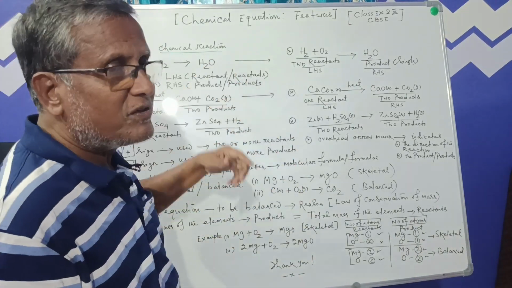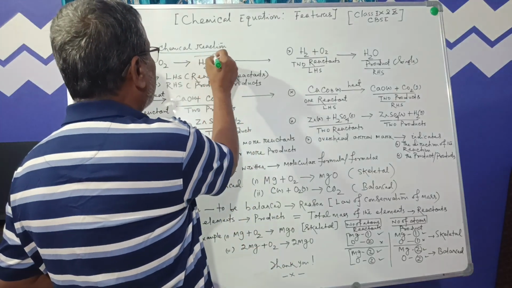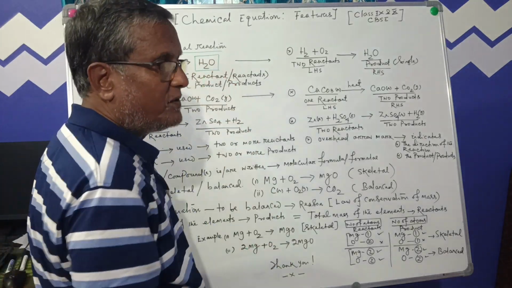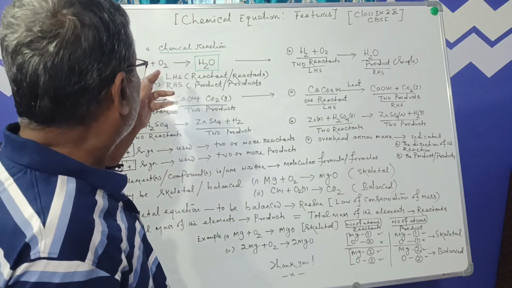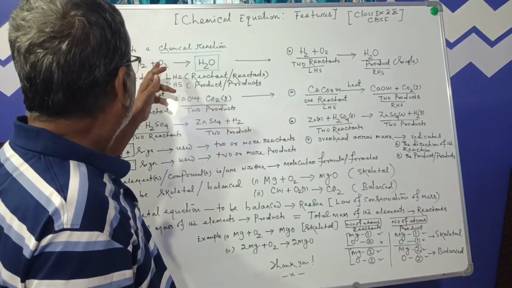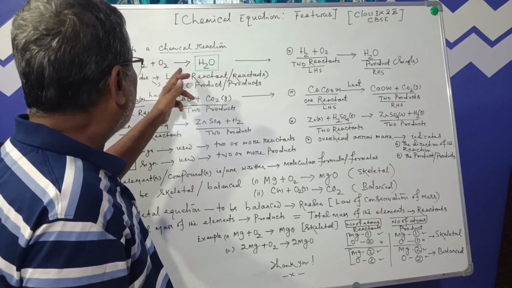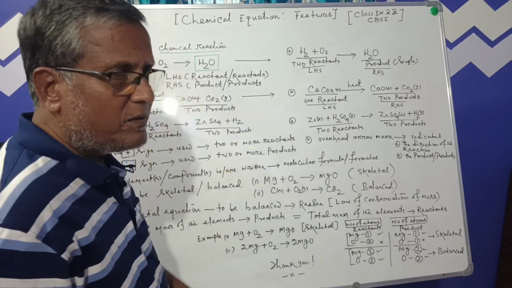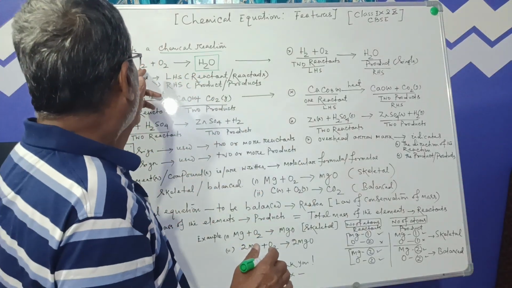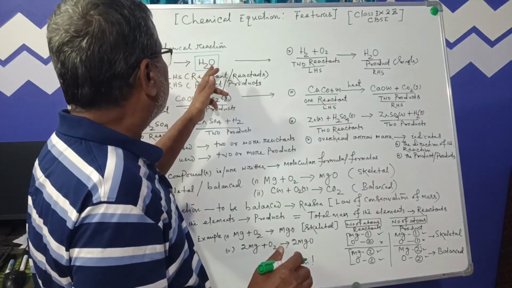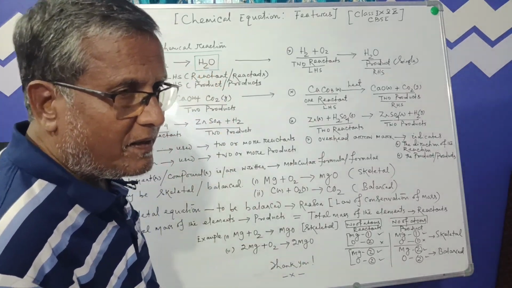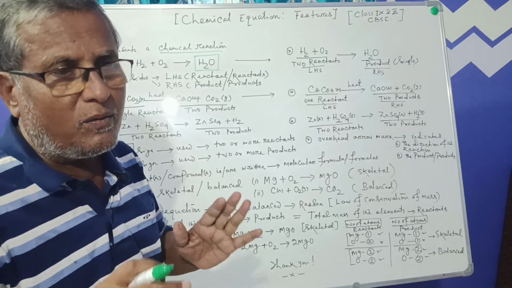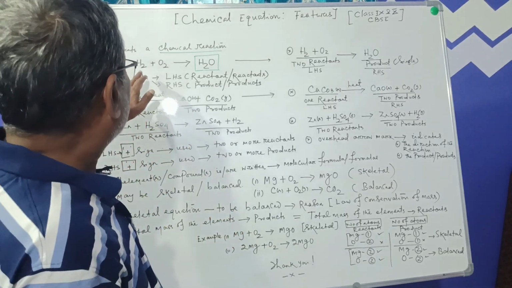So now a new substance is formed that is called water. Now you see we have written hydrogen and oxygen, when they react, when they combine, the product is water. So this is a simple word expression, but this is the